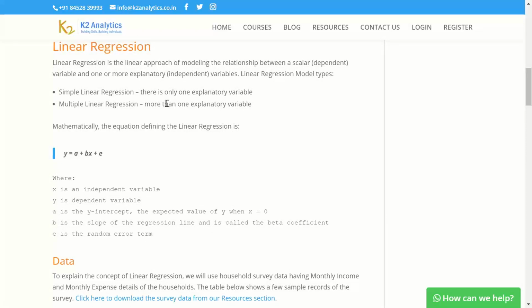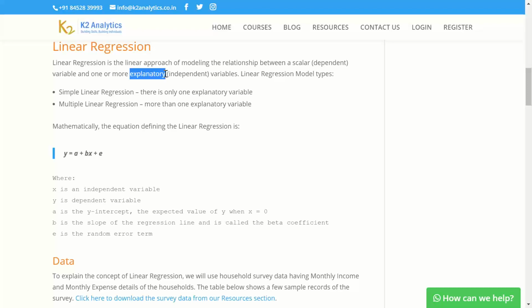I hope the concept of independent and dependent variable is clear, and we now move forward to linear regression. Linear regression is a machine learning technique where we try to find a linear relationship between our dependent variable and one or more independent variables. Independent variables are also called explanatory variables because they try to explain the dependent phenomena.